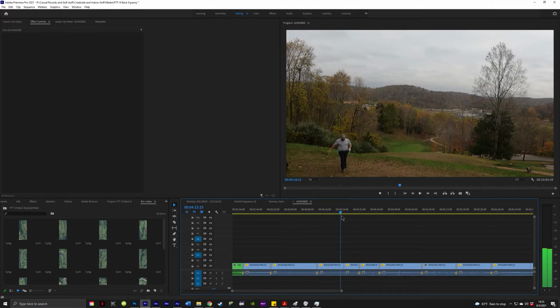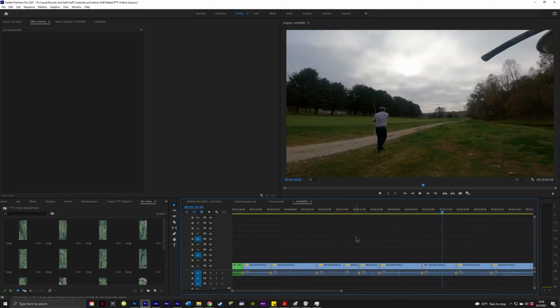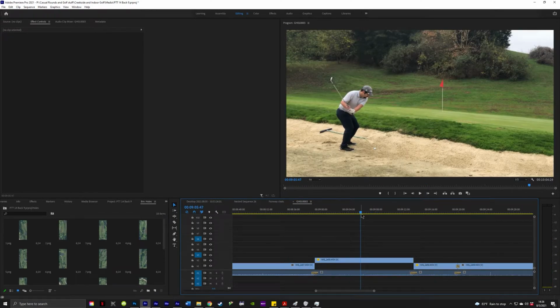So as you can see, these shots are pre-cut, more or less. And so this is a little bunker shot I thought would be perfect just to demonstrate how I shot trace, because you can see the ball the entire time, and it's a good way to demonstrate the mechanics